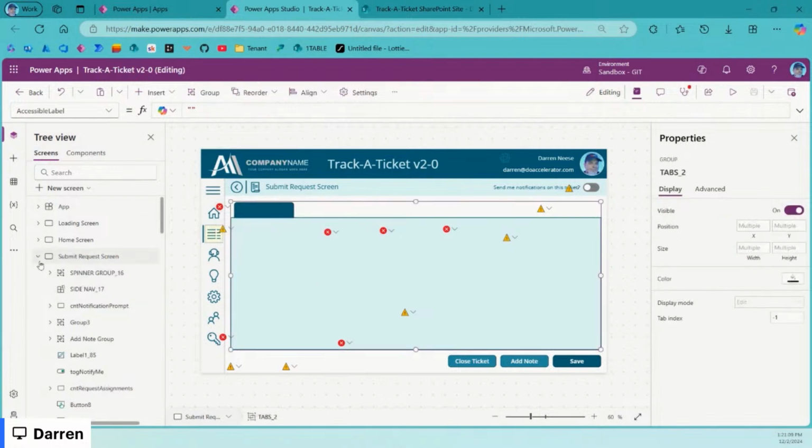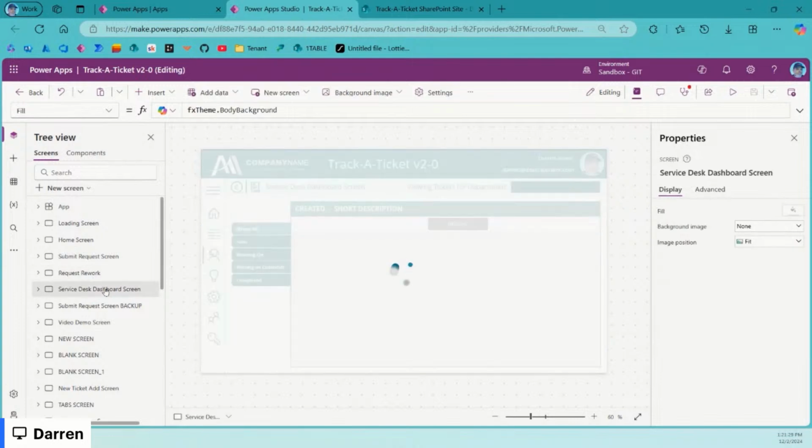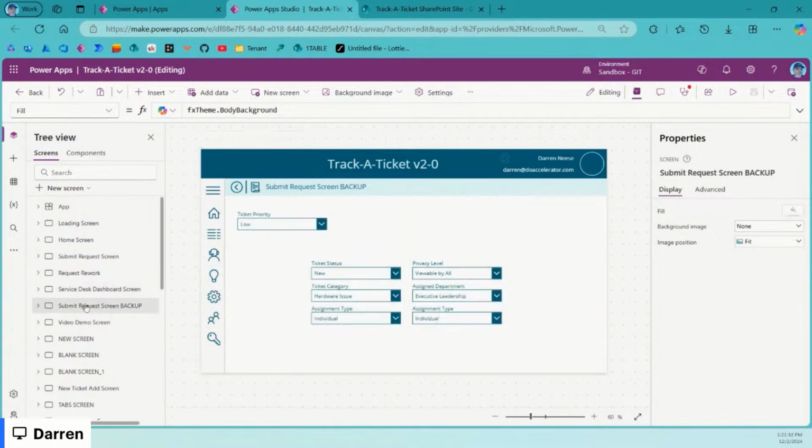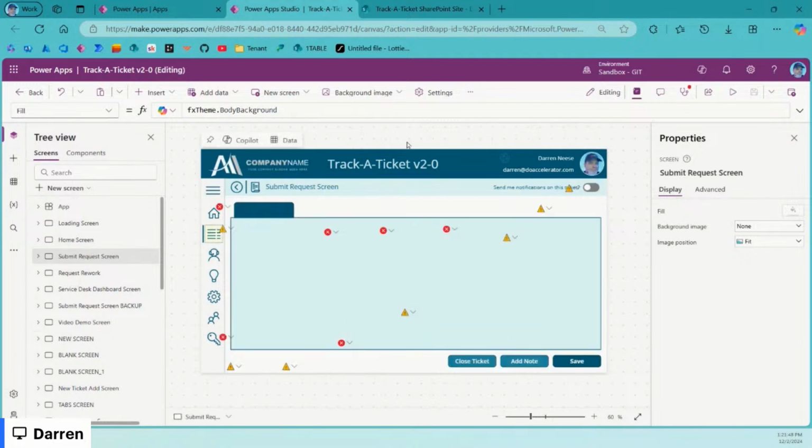All right. So what do we need to do from here? Well, we need to go through all these screens and make sure there's no errors. Now, this screen right here is the heart of the application. It's where you can add and edit tickets. So there's a lot going on here. And once we fix those, we'll probably be pretty close to having this up and operational. And so we've fixed a lot of things here. We've updated, got a lot of good updates in here. So in the next session, we'll go and fix